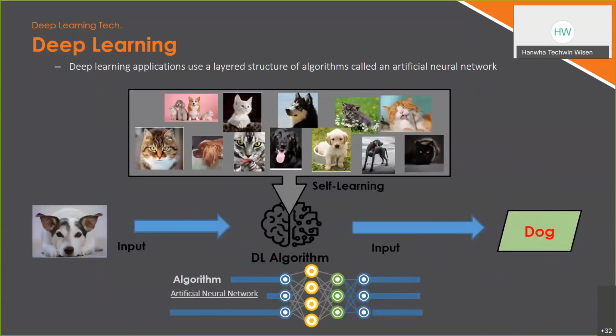And about deep learning, the big difference between machine learning and deep learning is that deep learning uses an artificial neural network algorithm, so it's most like our brain. Every neuron in this algorithm works like this: if you input the data, which is a photo of a dog, then this data will be fed into the first layer of the artificial neural network, and then it will